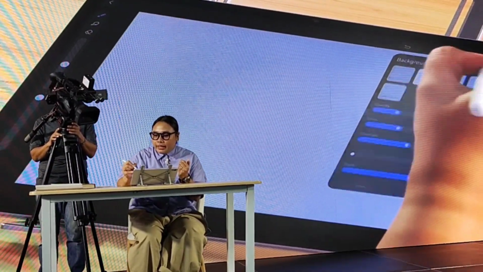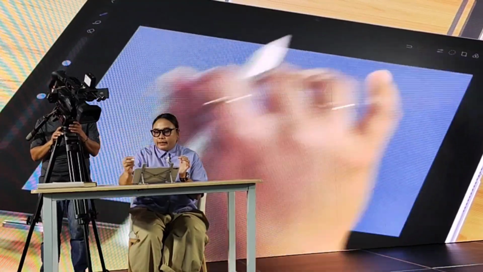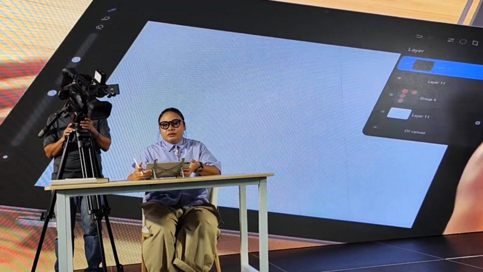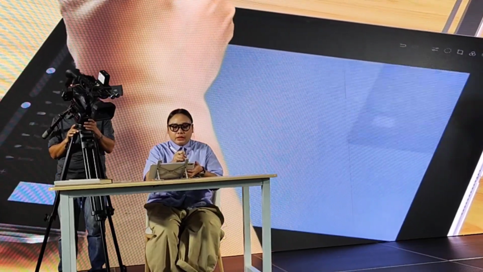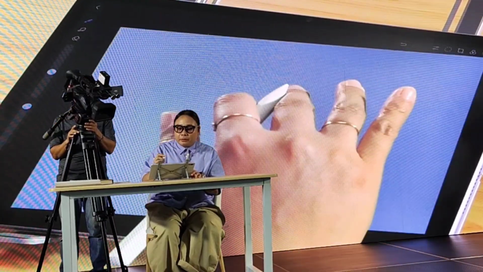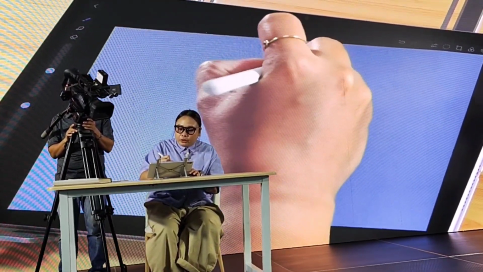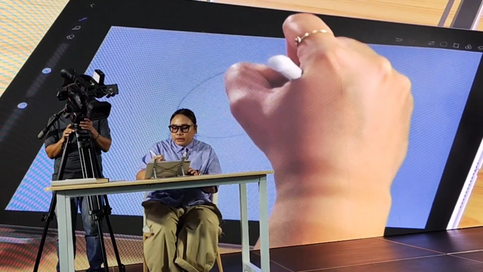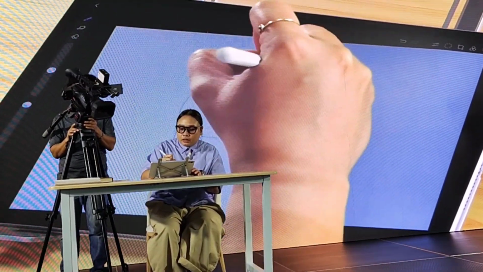So I like to start with that, and then today I want to draw a simple flower. It's easy to follow just in case later on you run into a problem. So normally I would draw a circle, and this is just a sketch, so it doesn't have to be perfect.